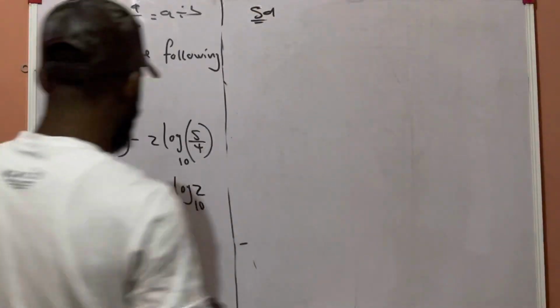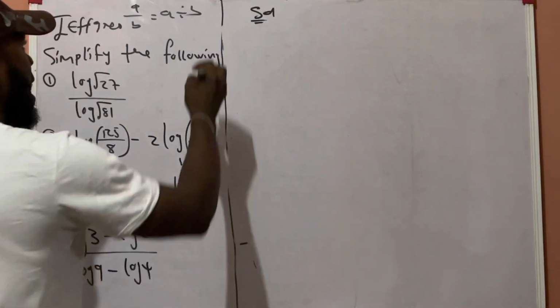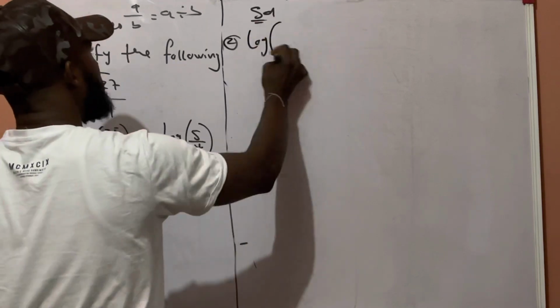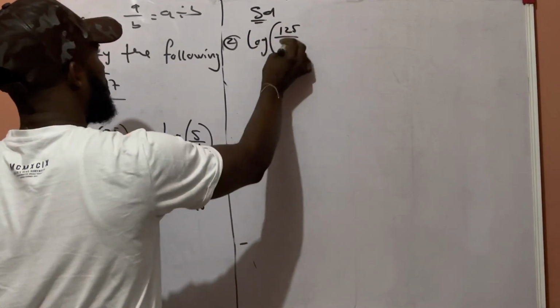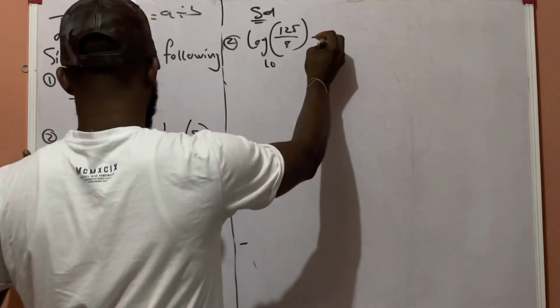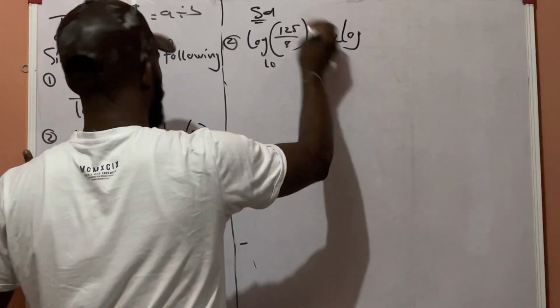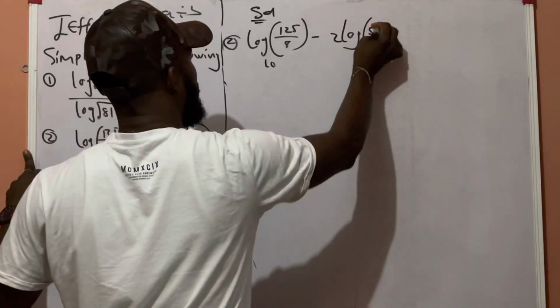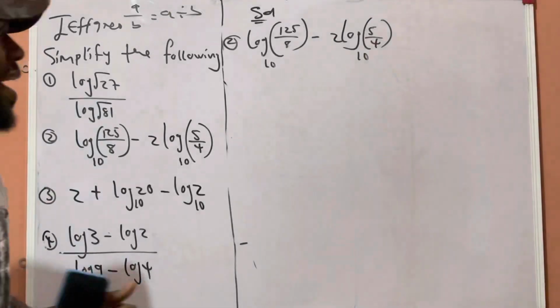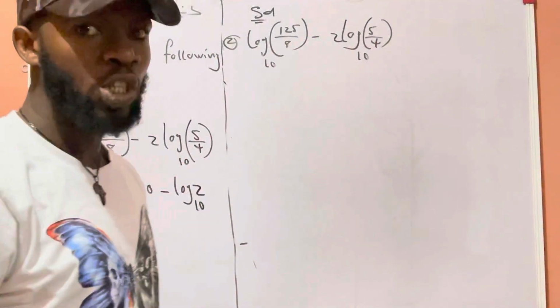Question number 2 says, simplify log 125 over 8 to the base of 10 minus 2 log 5 over 4 also to the base of 10. Now let's start. I told you whenever a log question is given to you, the first thing you observe is